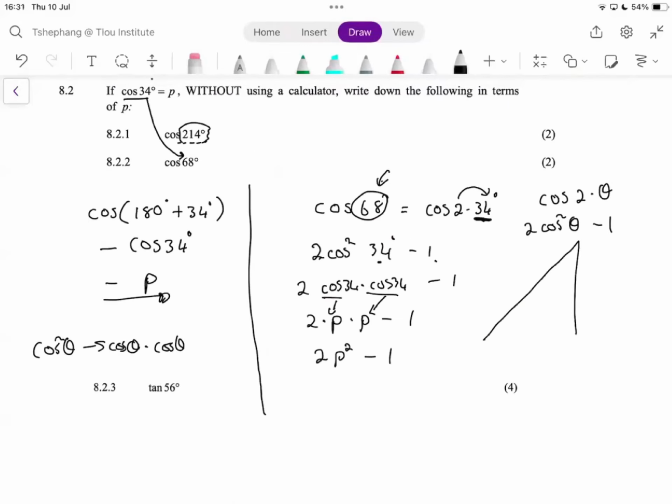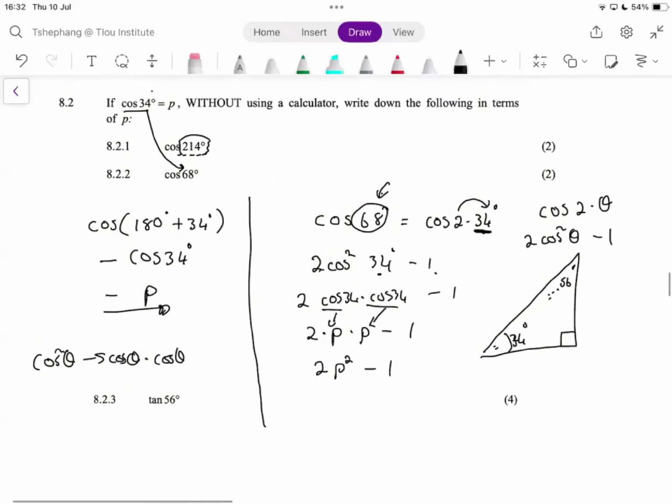Let me help you guys out. We have 34 degrees here. We know that we're dealing with a 90-degree triangle. That's given. Now, what would this be? This would be 56 degrees. How do we know that it's 56 degrees? These two need to add up to 90 degrees so that the interior angles of a triangle add up to 180 degrees.